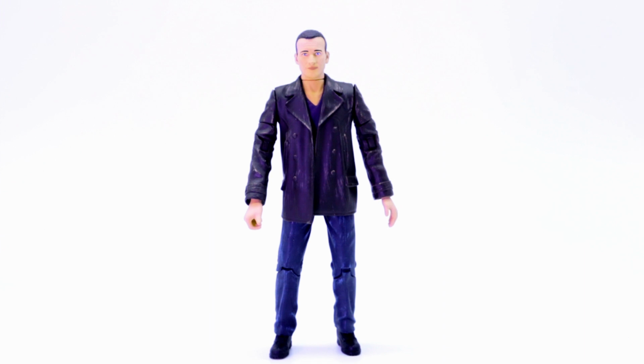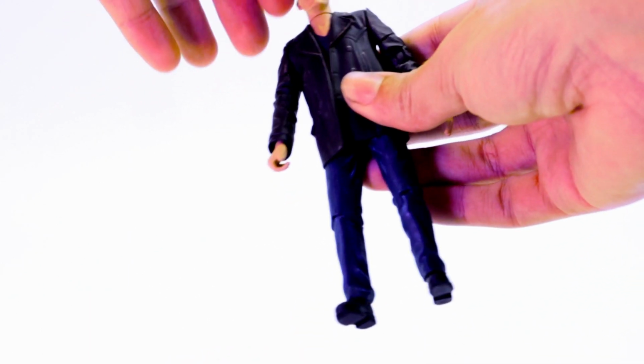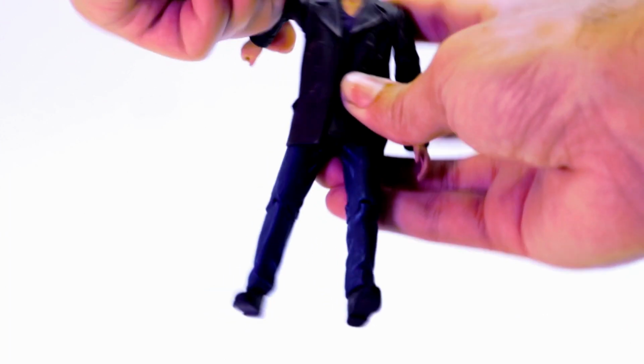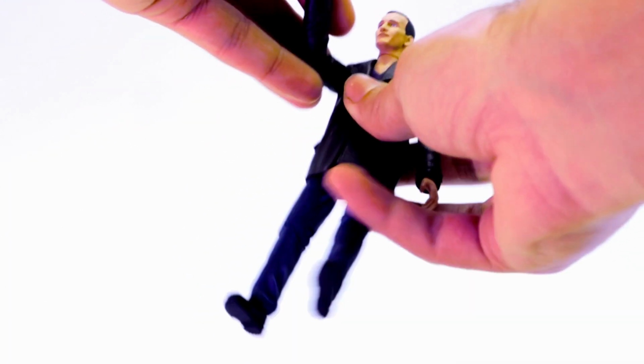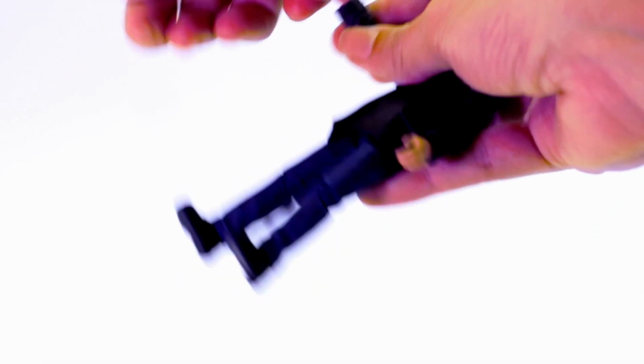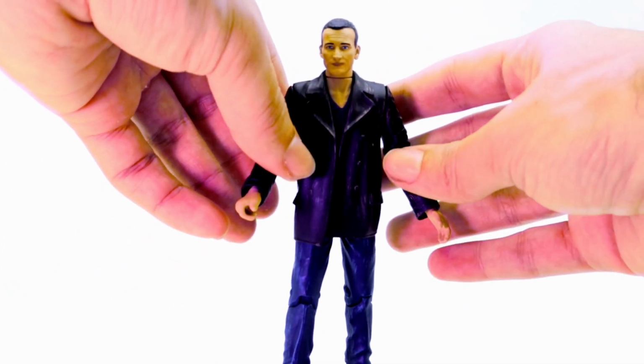So for the Ninth Doctor, even though some of it is a brand new sculpt, he still retains the original articulation, so his head can move side to side. It could probably do a full 360 if you force it, but you don't really want to. The arms can do a full 360, as well as the biceps, and the elbows can bend at a 90-degree angle. The wrists can do a full 360. He has also got 360 movement in his hips, and then his legs can move forward and out to the sides, and he can also bend at the knee,